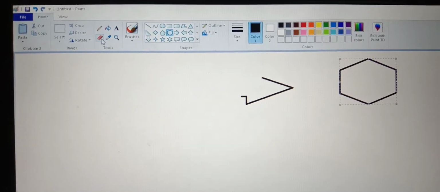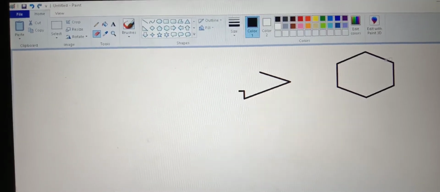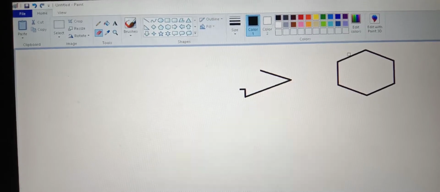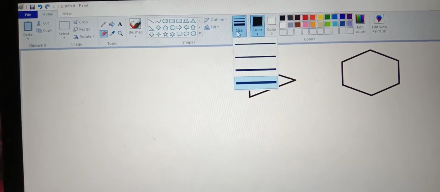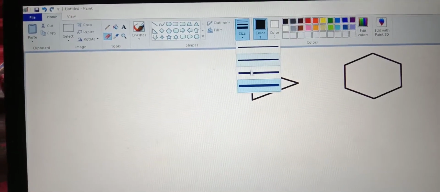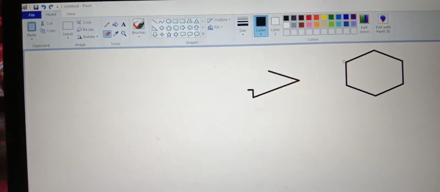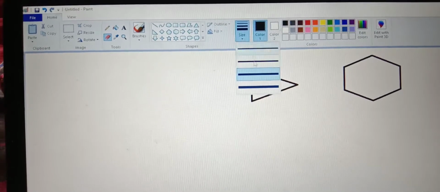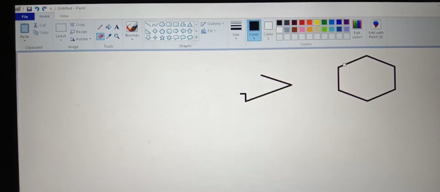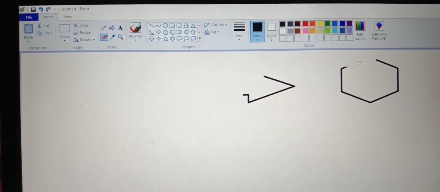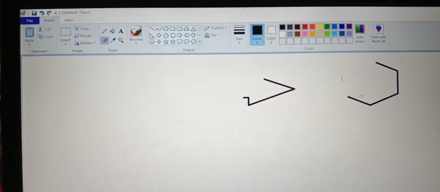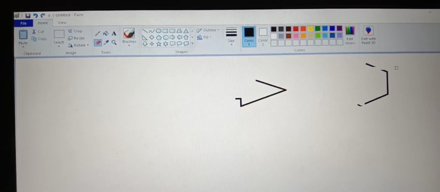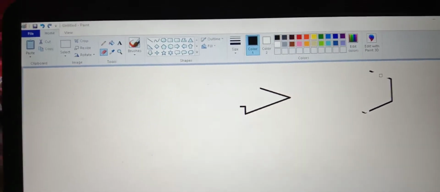After drawing the shape, choose an eraser and see the size of your eraser. The size of the eraser is big, right? You can reduce the size of your eraser also. Now the size is reduced, right? If you want to increase, you can increase the size of your eraser. So these are the steps to delete a picture or an image in your drawing.